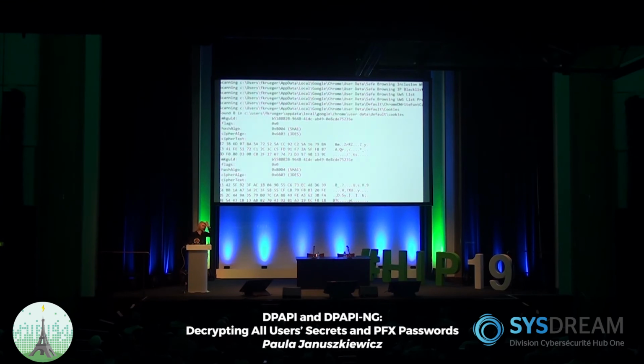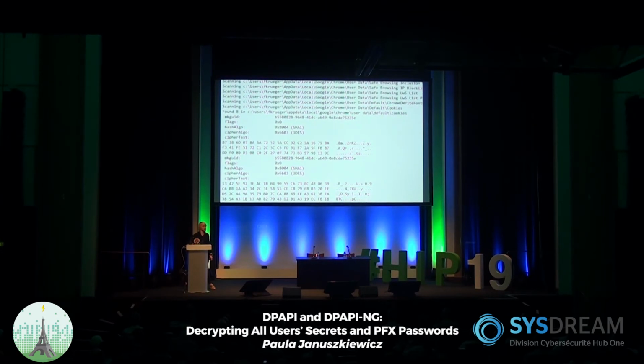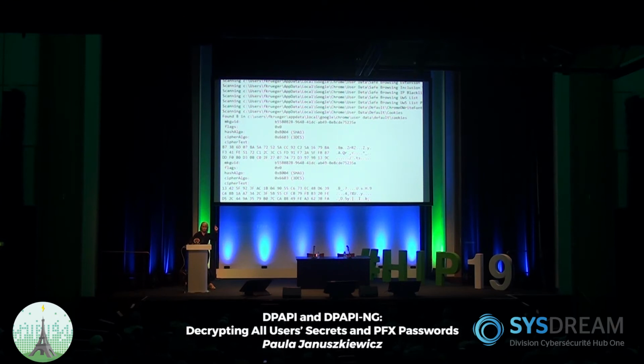So here you can see that we've got one simple thing. We've got a secret stored in cookies of Google. So Google Chrome user data default cookies. Now, this master key GUID is B55. Let's mind that, B55, it starts with that. And that is most probably the master key that is protecting our secrets. It's good knowledge to have.